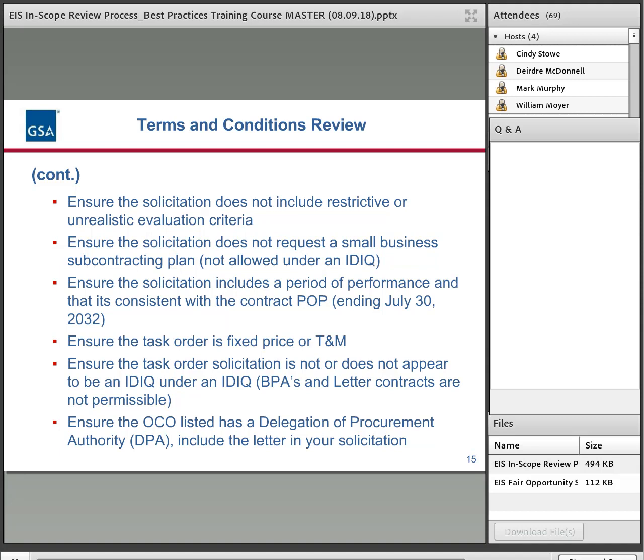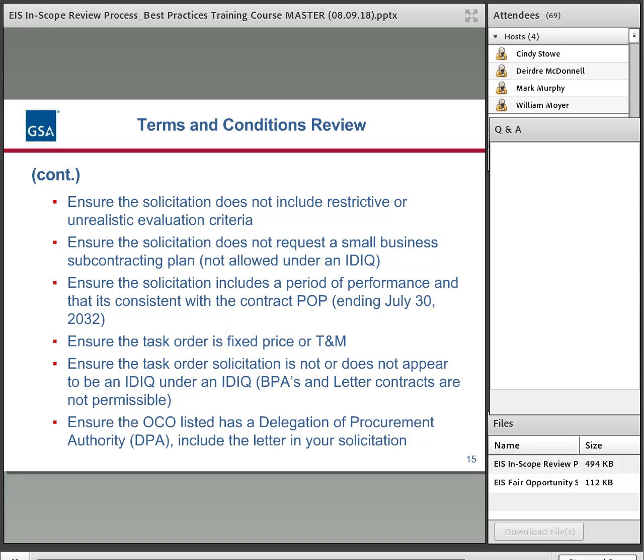Agencies are actually prohibited from requesting a small business subcontracting plan in their solicitation because one was already requested at the contract level. So FAR 19.705-2(e) clearly states that a contract may not have more than one plan. However, you are able to include and monitor subcontracting goals at the order level as long as those goals do not contradict the goals established for EIS.